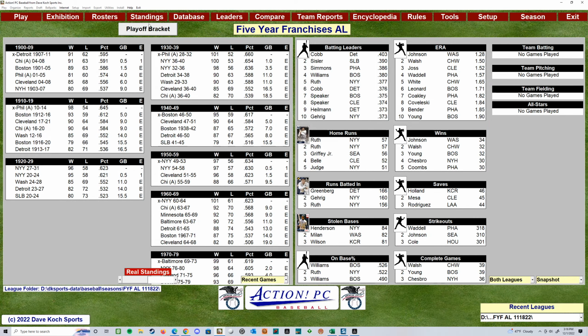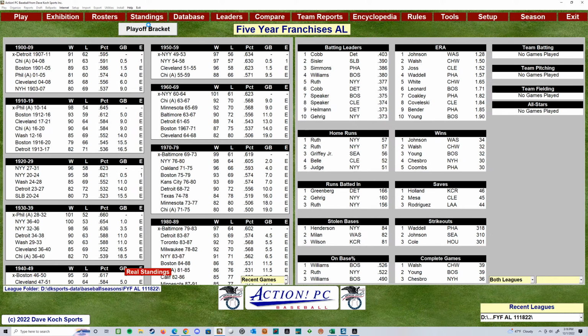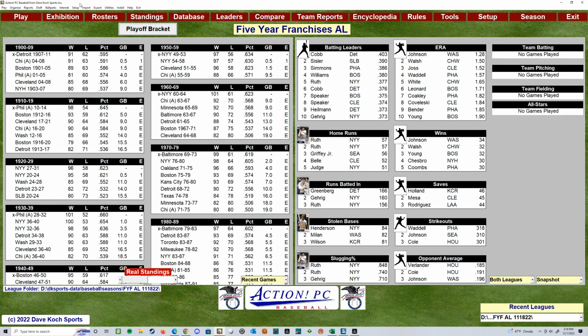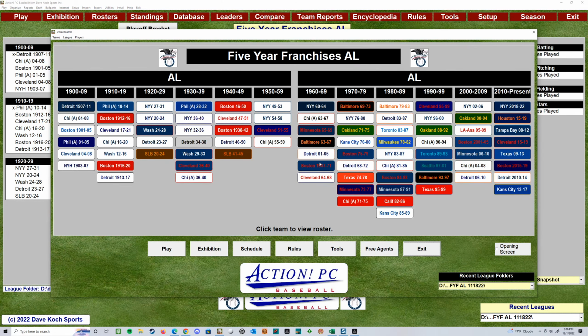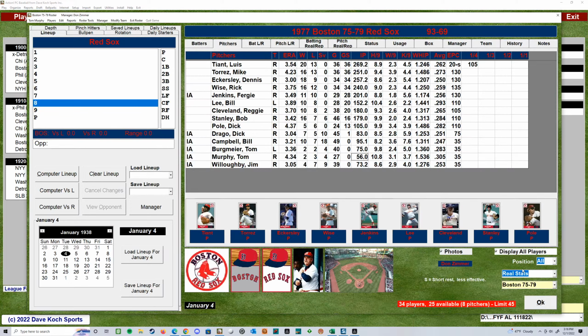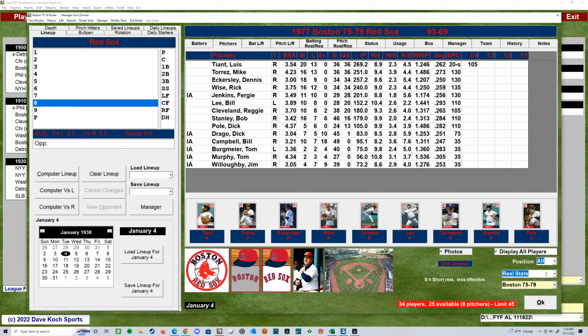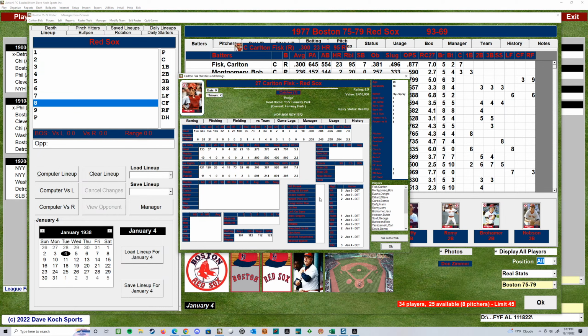So the cool thing about this now is with that bracket, and yeah, I may be preaching to the choir. You guys may already know this stuff, but to me, I'm like, it's really cool. It's working well, right? Now Boston's auto advanced, so it's really neat. And we can go over here now and take a look at Boston, right? Replay stats should still be 0 because we're technically not in replay. We're in playoffs, but that would be cool if they. I don't know if I could see just playoff stats. It's just telling me real or replay. But for the players, I can go through here and see what they've done in the playoffs right here.